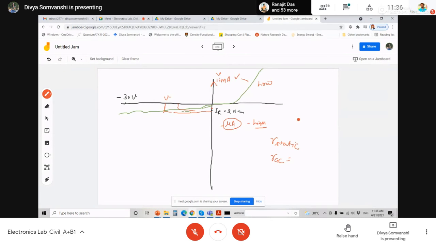Okay. So normally when you do an experiment, we also have an interaction session. There are a lot of questions about how we can perform it and how we can measure it, what the fundamentals are. We also discuss these things. Virtually we will do as best as possible. So now we know what forward bias and reverse bias are, and how to calculate the data. Now I'm going to show you the video of that experiment, and then we will have some discussion.